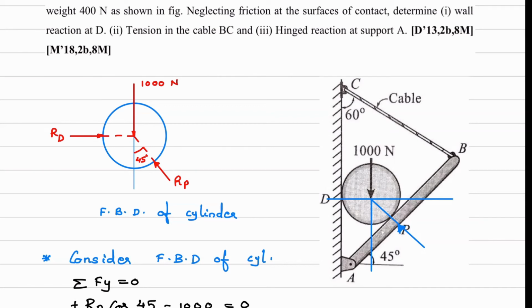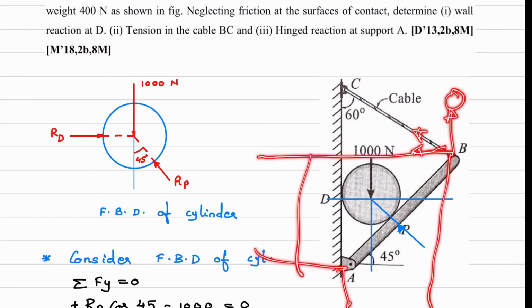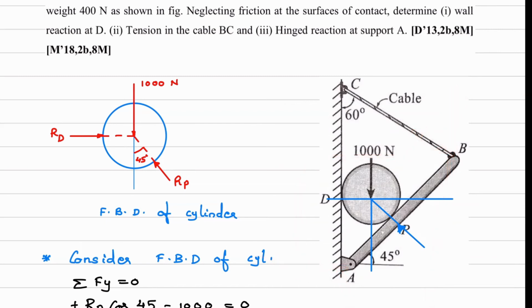Now when we are drawing this FBD of beam AB, we have to take the moment of this Rp with respect to point A, and the moment of this force also with respect to this point A. If suppose here we have tension, this tension will have a y component and an x component. When we take the moment of the y component, we require this x distance, and when we take the moment of the x component, we require this y distance. So these distances we have to calculate. Then when we take the moment of this Rp, we require this distance AP. So basically we will draw the FBD and now calculate all the distances.